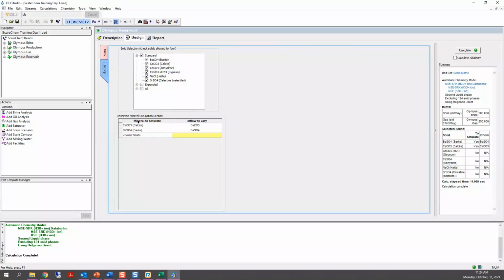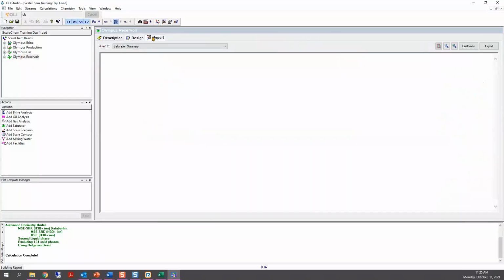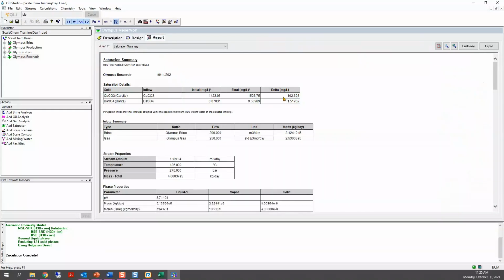Another reason for doing that saturation is because you will account for the maximum scale risk that you could possibly have. Maybe in here I'm being super conservative, I want to account for everything. So I am saturating with these solids for that reason as well. What I will show you here is that the software added this much to saturate the fluid with these minerals.